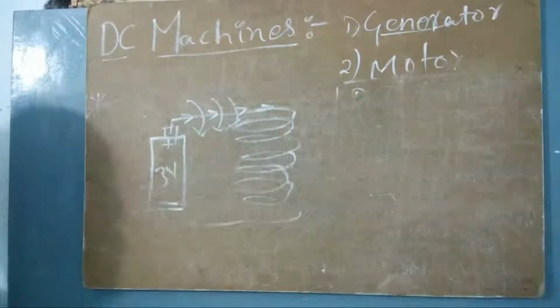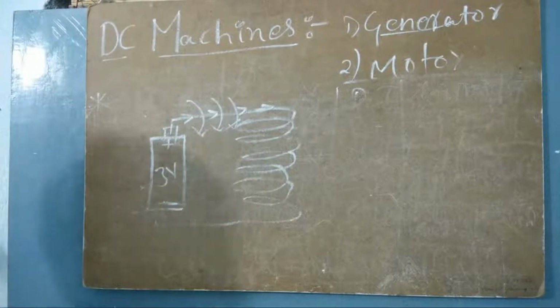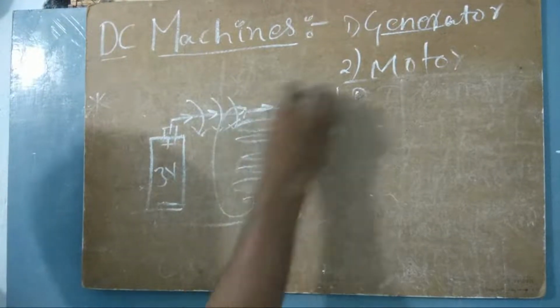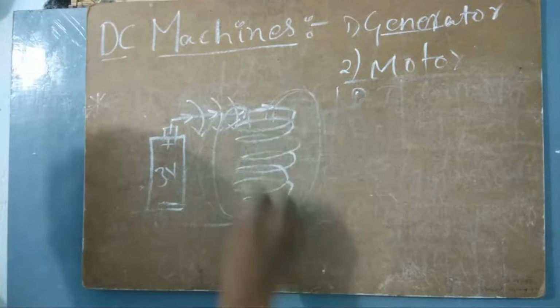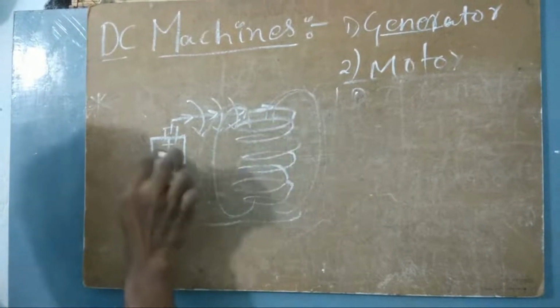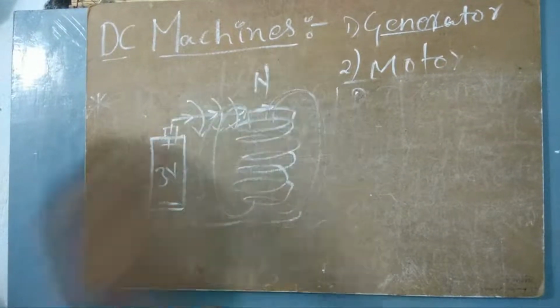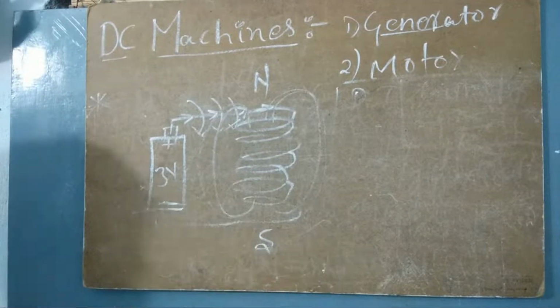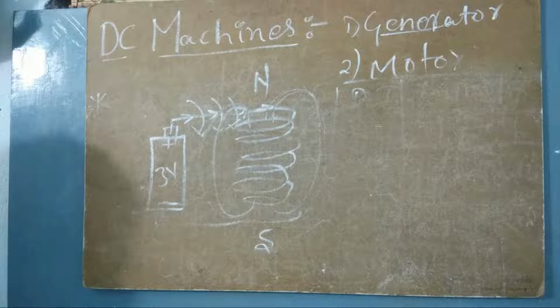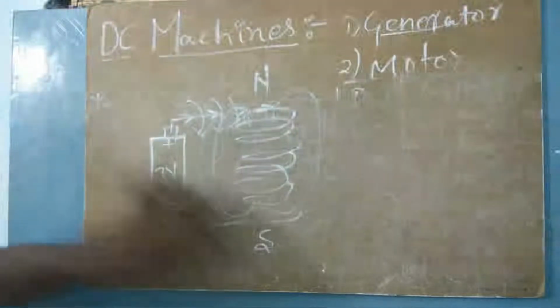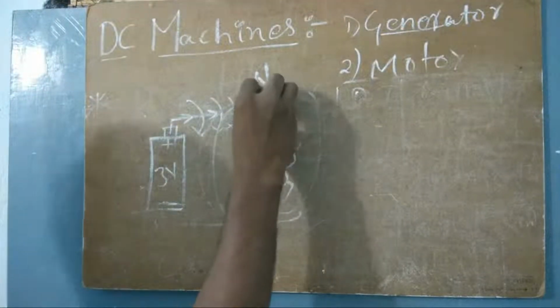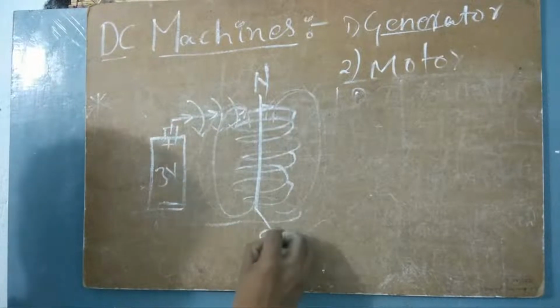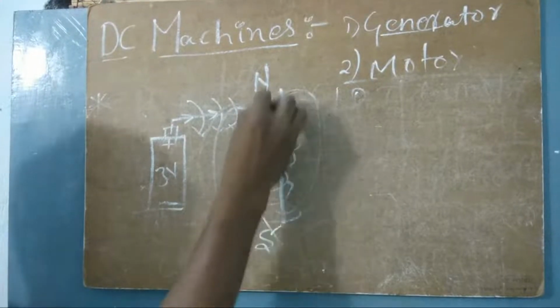There will be some magnetic field, because if I'm having some positive terminal here, definitely this will also produce some kind of magnetic field due to this current. Because I'm having a positive terminal here, I will have the north pole here, and definitely the other end is going to be the south pole. Where are we going to recognize these two? Put your iron nail in between for your understanding.